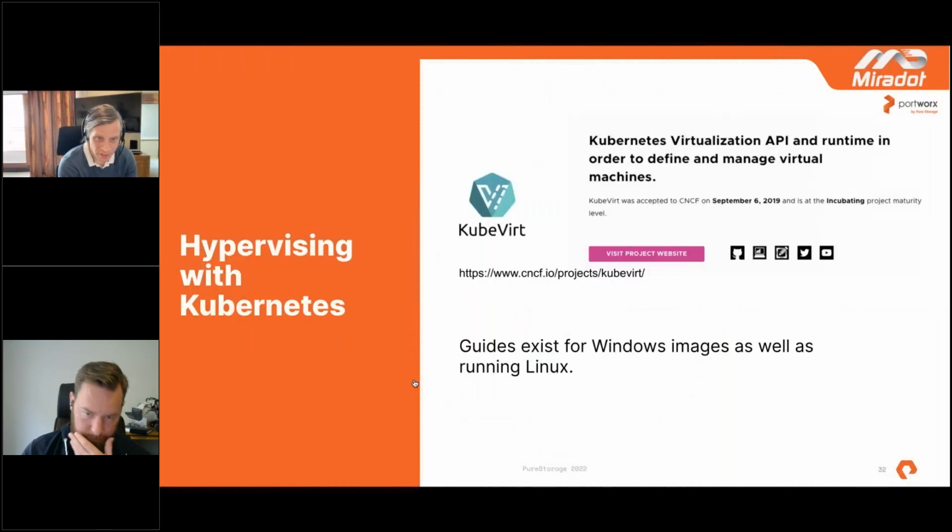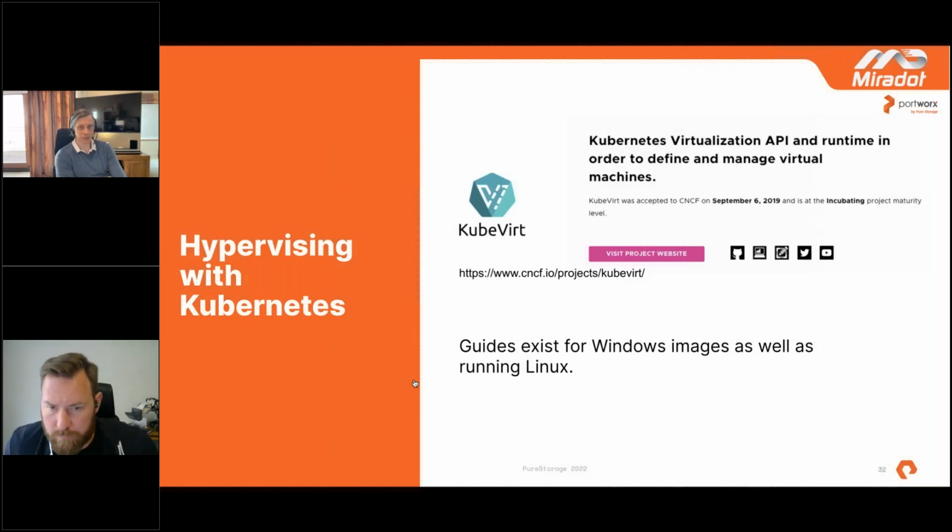So 0.5 is the version of KubeVirt that's currently used. My first question is, does it do Windows? And it certainly does. I wonder if that's also your question. But it's worth a look. But if you're very used to VMware and comfortable with all that tooling, you might find this is a bit scrappy. But we do see people making use of it.